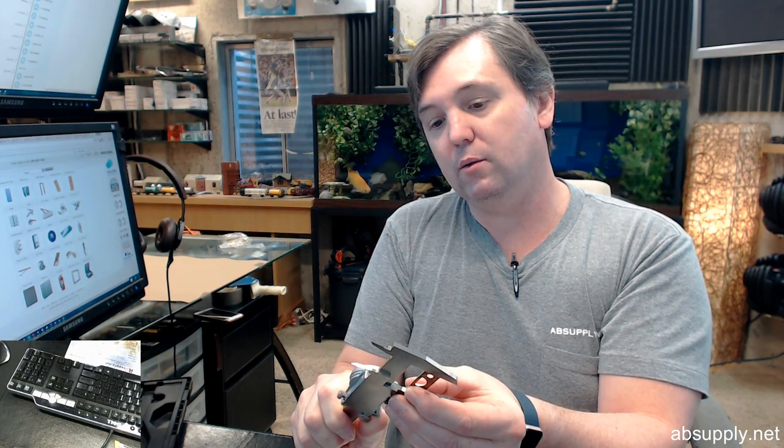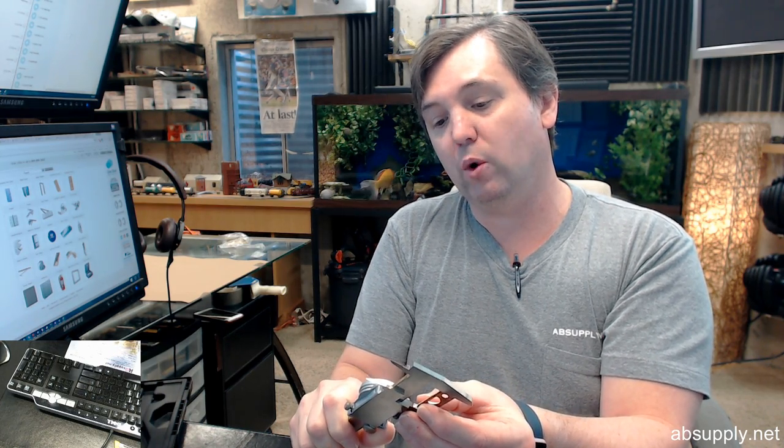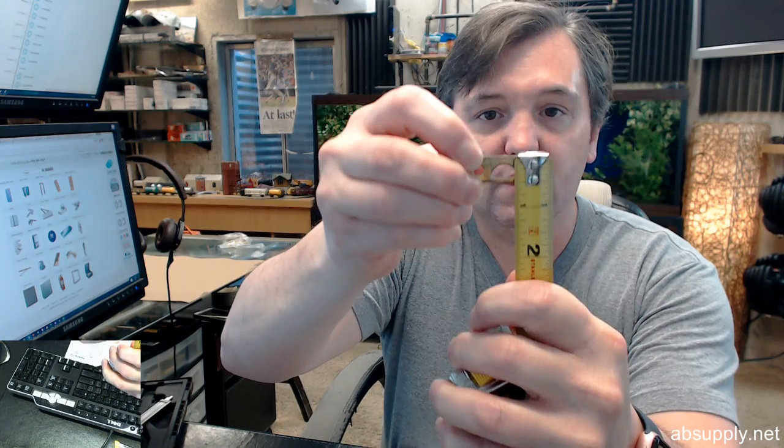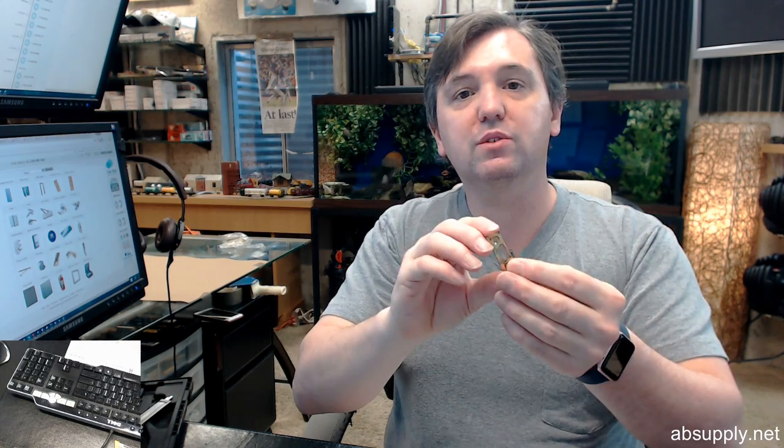The overall length of the strike is 1.47. 1.47. We'll put the caliper away. We don't need to be that accurate with this strike. And the width of the strike is about 1/2 inch. A mortise strike like this could be used